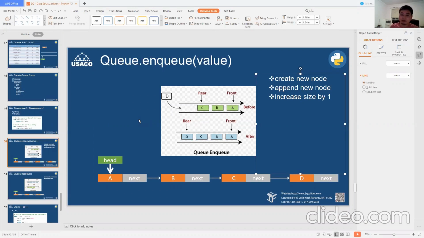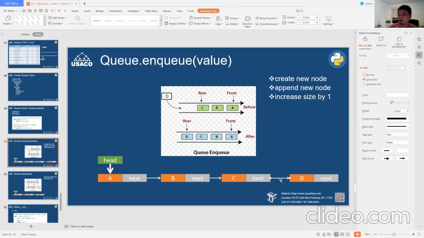Aston, you there? What's the next step? I have already created a new node. Then? Append a new node to whom? To the queue. Okay, let me show you one by one.